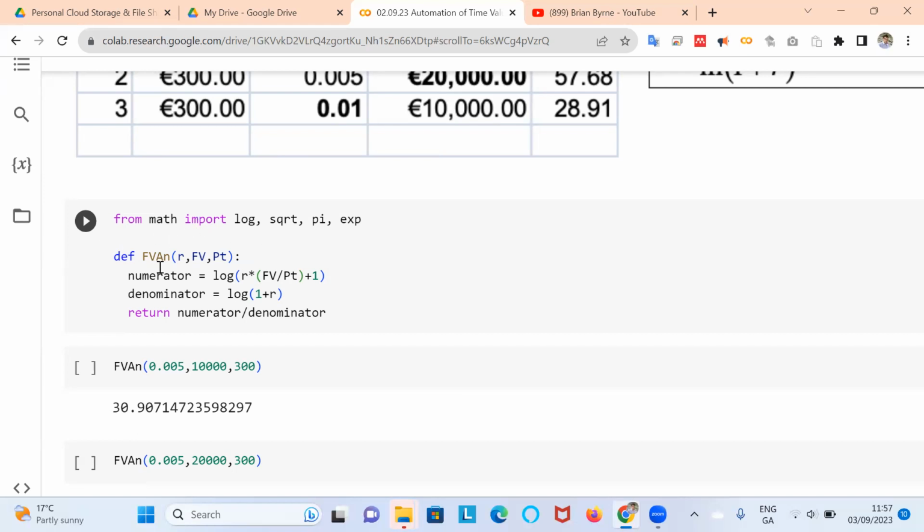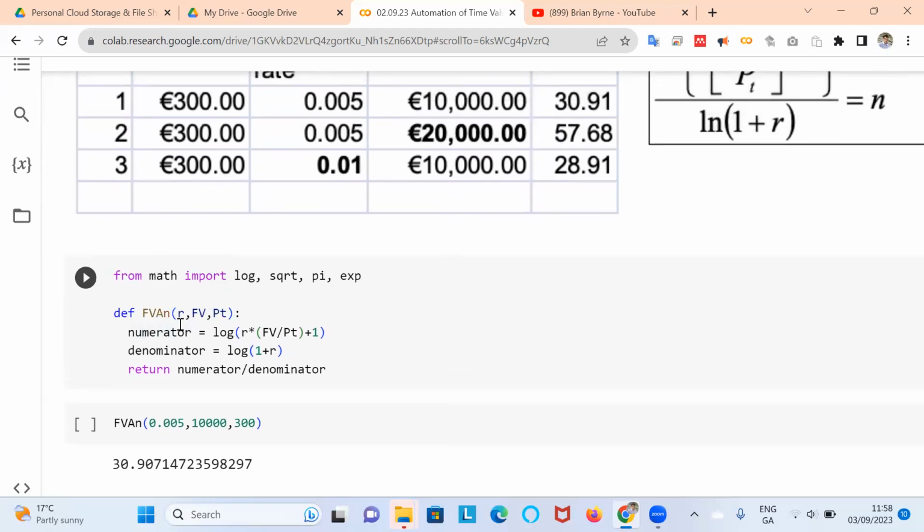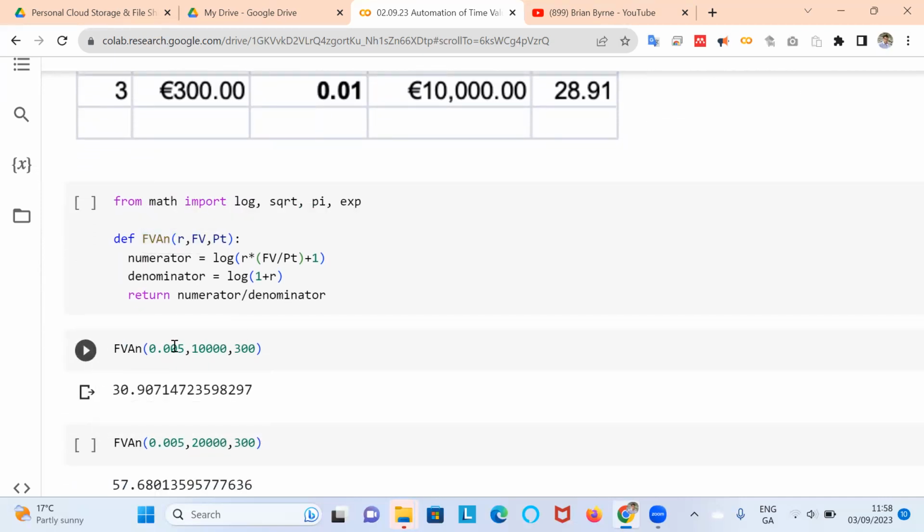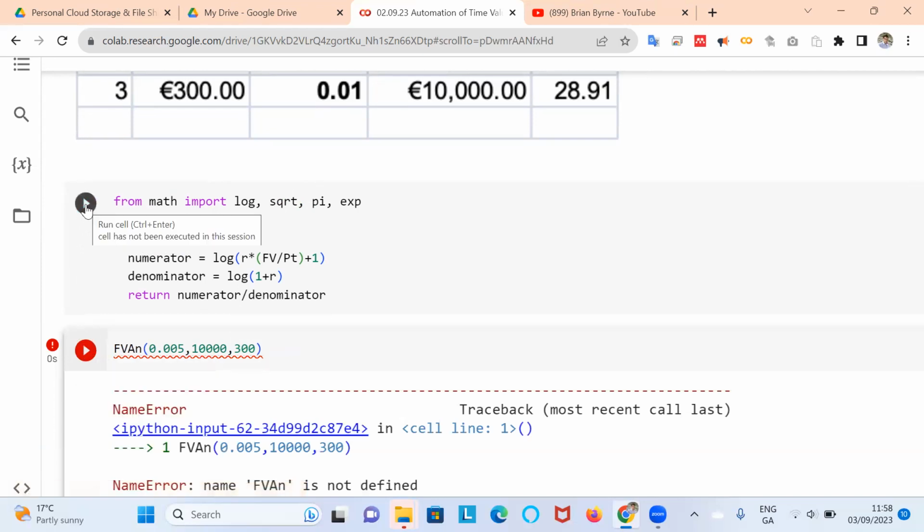We're going to make reference to log, and I want to define the future value annuity. So N here is denoting the number of payments required in order that the standard uniform amount of money accumulates to the target value, which is the future value. So for instance, if I don't execute this cell and just proceed to, okay, it's 0.5% a month, target value or future value is 10,000, and I'm going to contribute the monthly payment of $300. How many months does it take to reach 10,000? That won't work. We need to break it down. We need to create the user defined function first, then apply